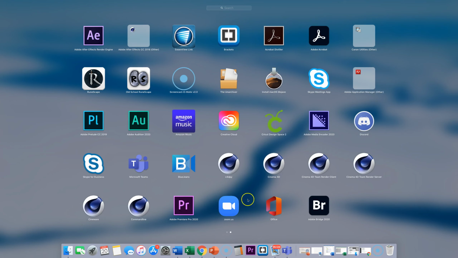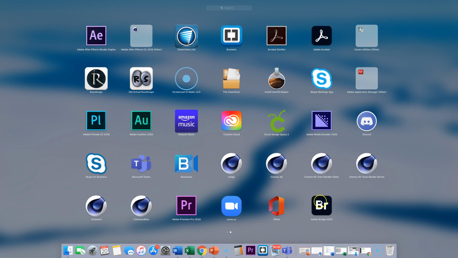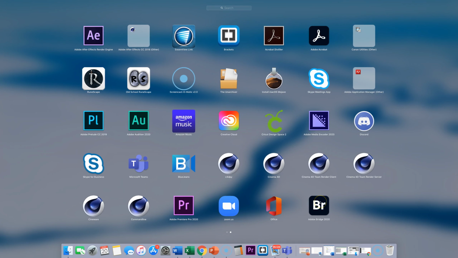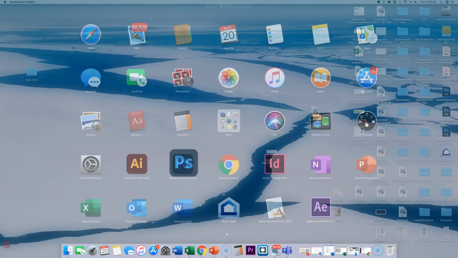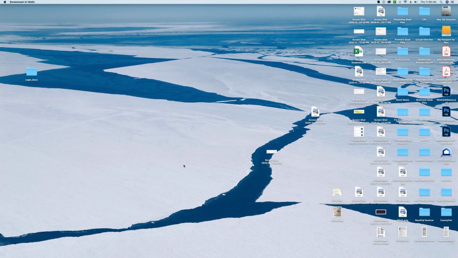We're also going to be using Bridge, which is this icon right here, and I'm going to show you, as the book does, how we get to Bridge from Photoshop, but just know that you can launch Bridge alone as a standalone piece of software. It's right here. So go ahead and launch Photoshop 2020, and I'm just going to talk about Photoshop